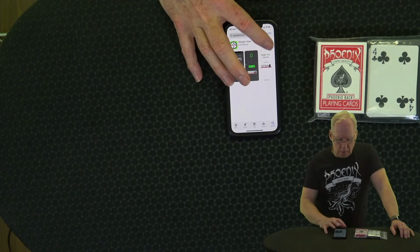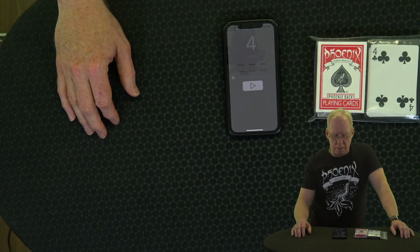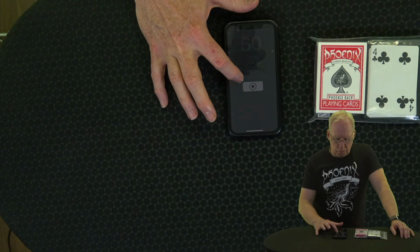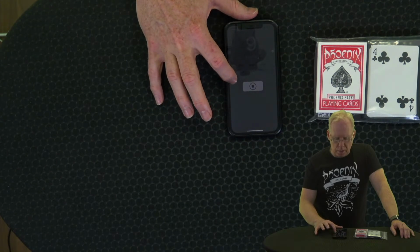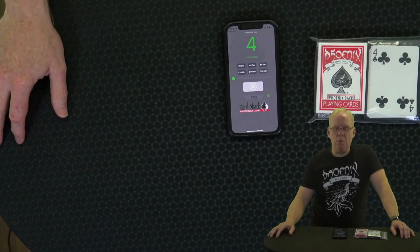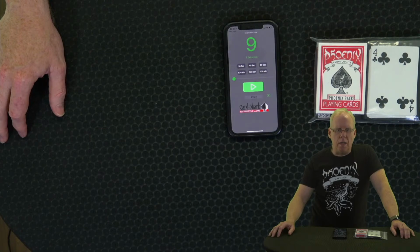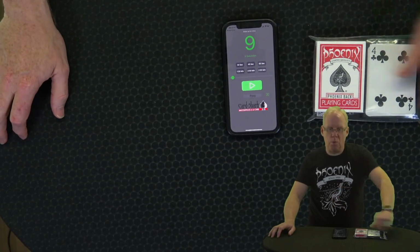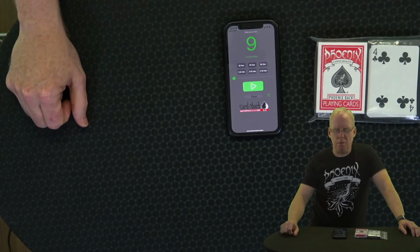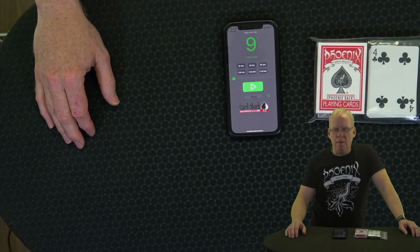And when you want to do this, the interesting part is you can set a specific time that it counts down. Could be 30 seconds, a minute, whatsoever. But you can really slide it for where you want to have it, how many seconds it will take until it will shoot off. In this particular case, 9 seconds. It's already started now. Let me show you this one. And when it's down to 0, it will do the alarm. And it is pretty loud. You can now watch your wristwatch, and start the routine whenever you want to. So you set the alarm, put the phone away, and when you hear the alarm, then you start performing this